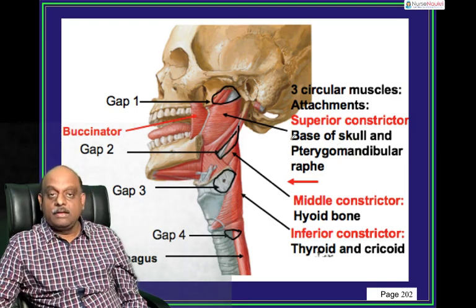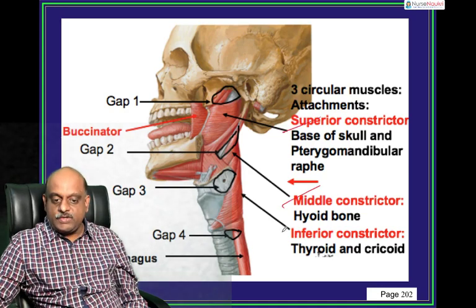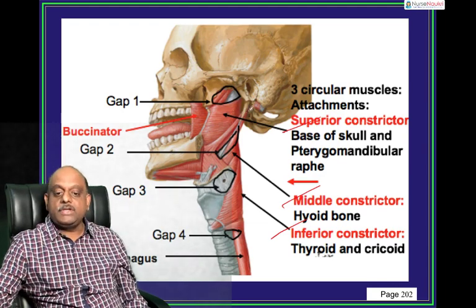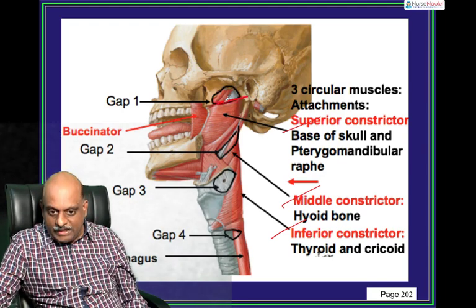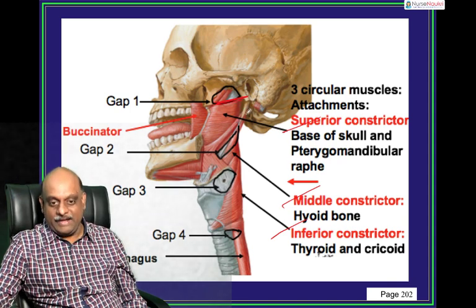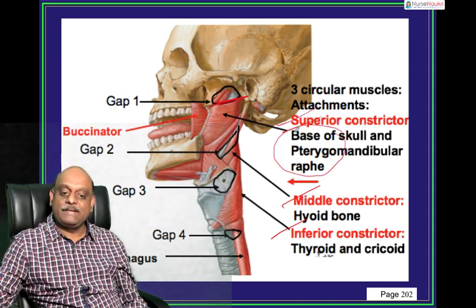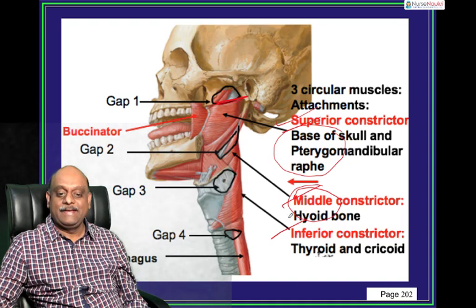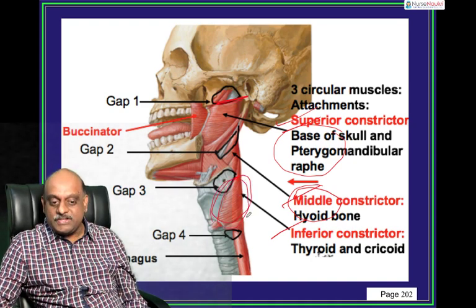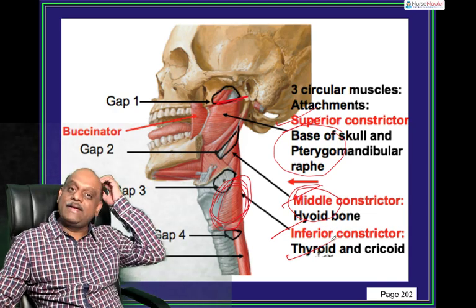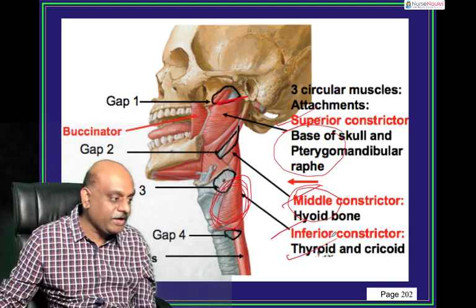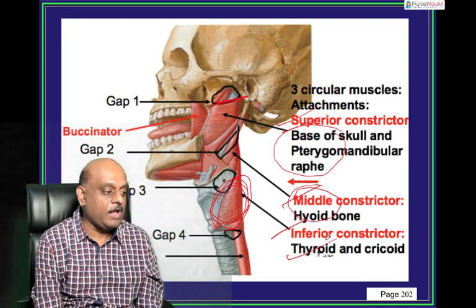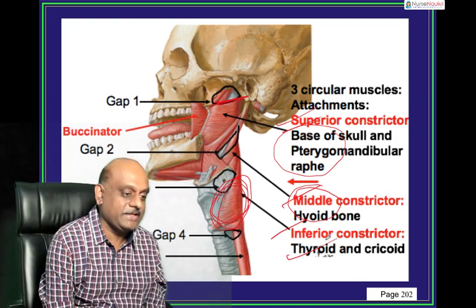So you should remember each of these constrictors, what are their typical attachments. Superior constrictor, if you take the base of the skull and the pterygomandibular raphe, superior constrictor. Middle constrictor is attached to hyoid bone, and inferior constrictor is attached to thyroid and cricoid cartilage is what you have to basically remember. I am so happy today to see almost 56 online students